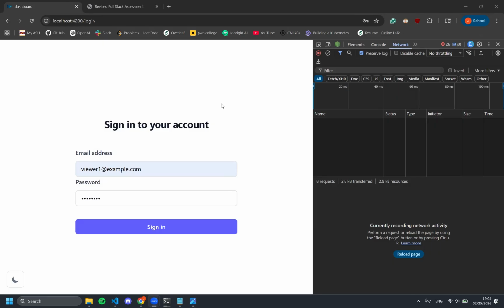So the initial users are seeded into the database, and the passwords are stored as a one-way hash. Upon login, the server issues a signed JSON Web Token, and that token is set as an HTTP-only cookie named JID for browser sessions. And the front end only keeps a minimal user object in memory, so in this way, we never store the token in local storage or session storage. So when I submit sign-in here,